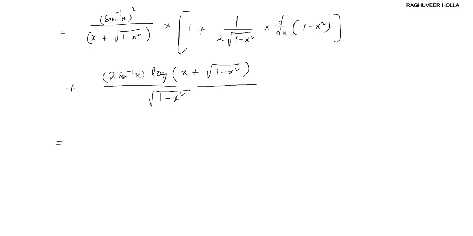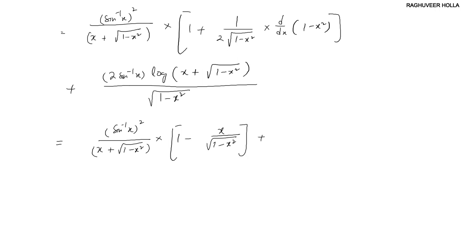Okay, so which is equal to (sine inverse x) whole square divided by (x plus square root of 1 minus x square), okay, multiplied minus x by square root of 1 minus x square, right, plus,